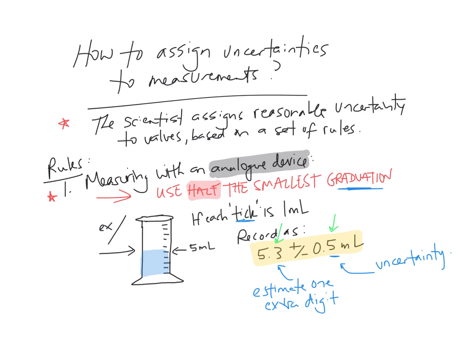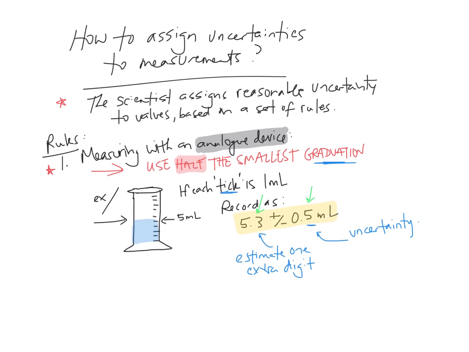Okay, that's a good alignment. That's a rock solid alignment. If we had uncertainty in a value like this, if we said like, oh, it was 5.3 plus or minus 1 milliliter,